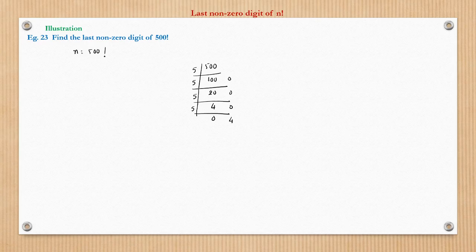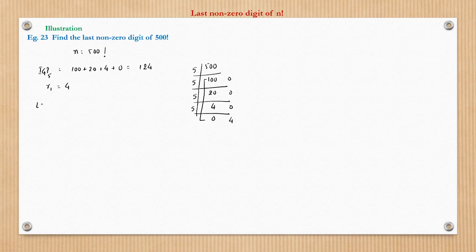So what is the IGP? IGP is nothing but the addition of all this. This we have learned earlier. IGP of 5 of n factorial is nothing but 100 plus 20 plus 4 plus 0. So this becomes 124, right? Fine. Now what? After this, R1 is 4 factorial, 4, rest R's are 0.